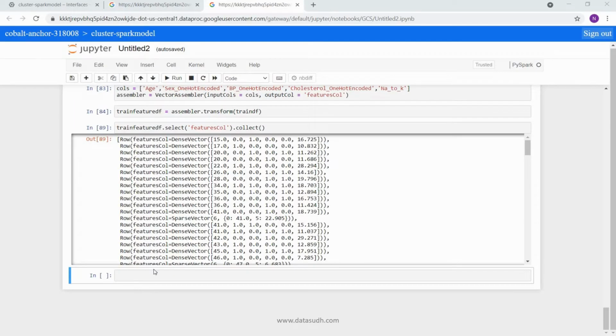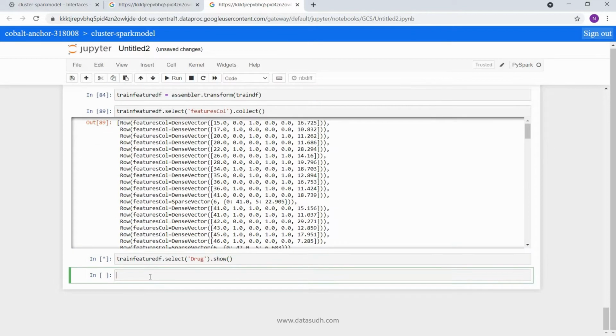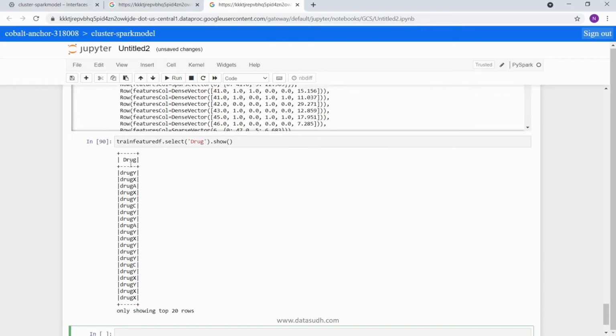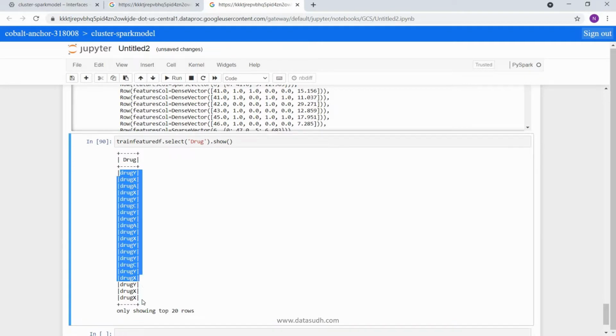So back to our notebook. Now we are going to build and train classification models. Before we do that, we are going to validate our target variable. If I select my target variable, I can see that it is a label value as well. It's not a numerical value, so my machine learning algorithm is not going to understand this. So I also need to convert this to a label index to build my model.